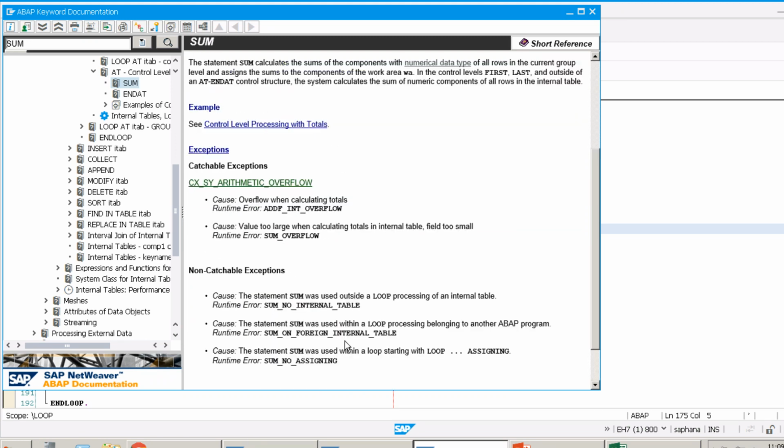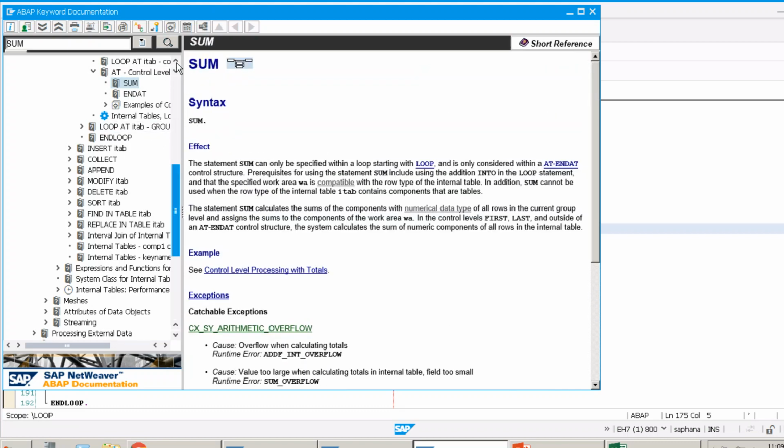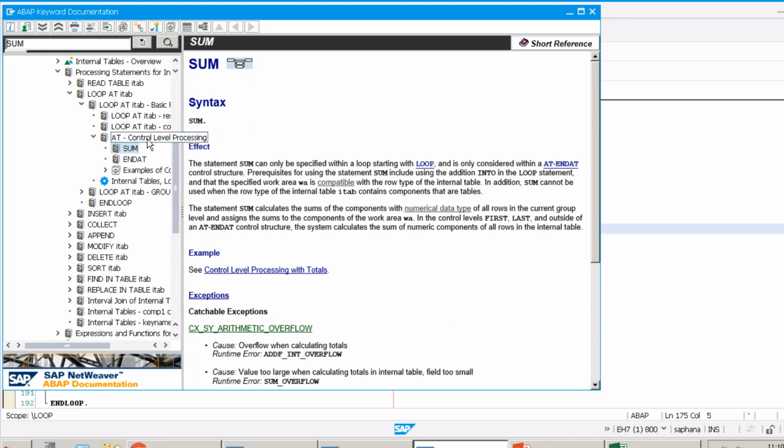Some internal table, SUM, and you see it is in the control level, control break statement. Okay, inside the loop, control break statement, control level processing. So what SUM does: the statement SUM can only be specified within a loop starting with the statement LOOP and is considered within the AT and ENDAT control structure. So it has to be inside the AT and ENDAT control structure first of all. A prerequisite for using statement SUM includes the addition INTO in the loop statement. So there has to be an INTO statement in the loop statement, and it has to be within the AT and ENDAT. Okay, so these are the prerequisites for this, and the specified work area WA is compatible with the row